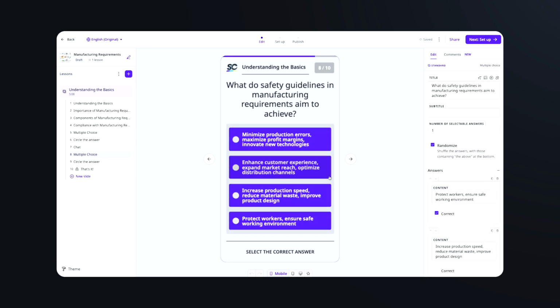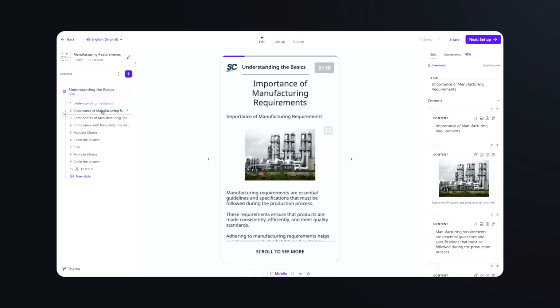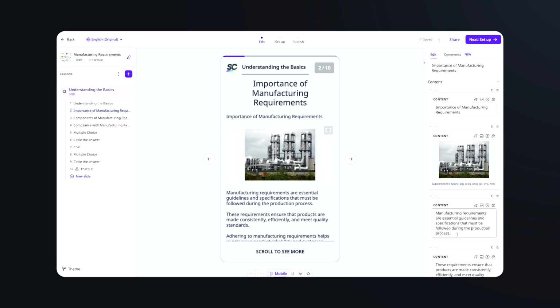As this populates, we can see here on the right-hand side now the content has been created. We'll go into the importance of the manufacturing tab, some of the body here, and on the right, if this isn't exactly what we wanted, we could update the content itself. We could add content here. We could update anything essentially on the fly that would be reflected on the mobile view here.